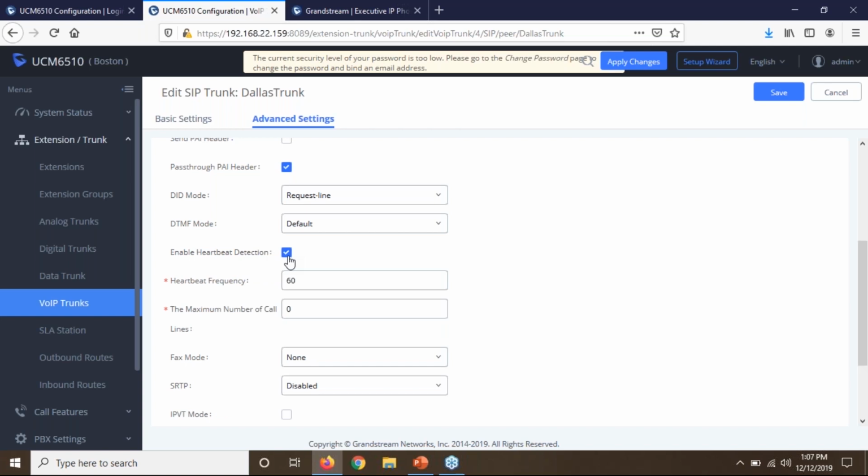It's the enable heartbeat detection. That's the mechanism that the UCMs will use to keep track of each other. By default, it's configured to monitor the status of the SIP trunk every 60 minutes. In other words,